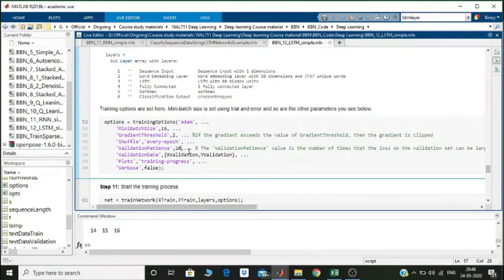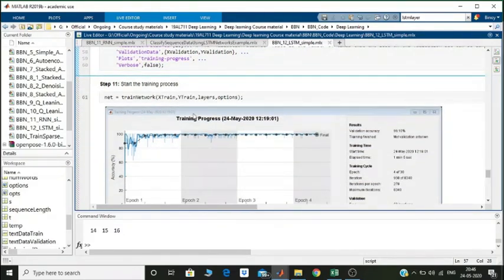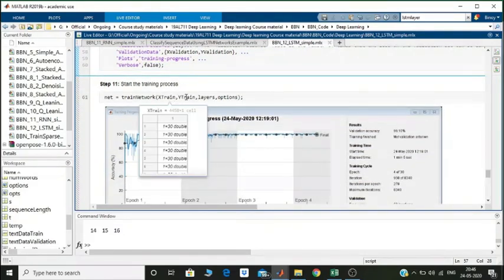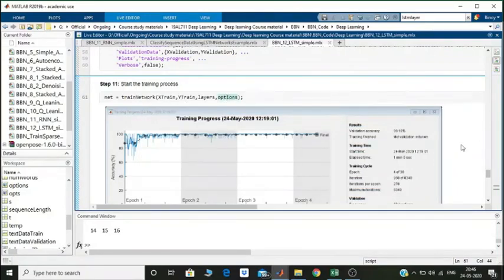So this will prevent overfitting in a good way. And again, the validation data is being set, X validation and Y validation, and we are going to plot the training progress as well. Once that is done, you go to the next process, which is to train the network. Input is X train, output is Y train. The layers we have already defined, and the options have also been defined.